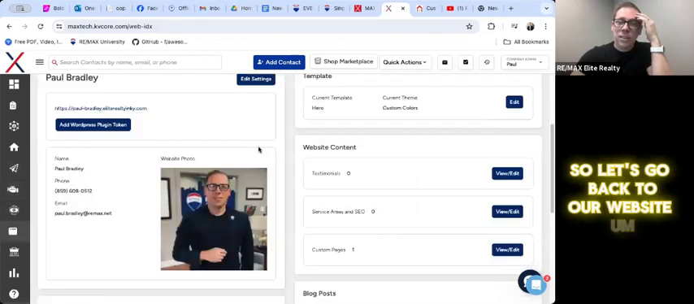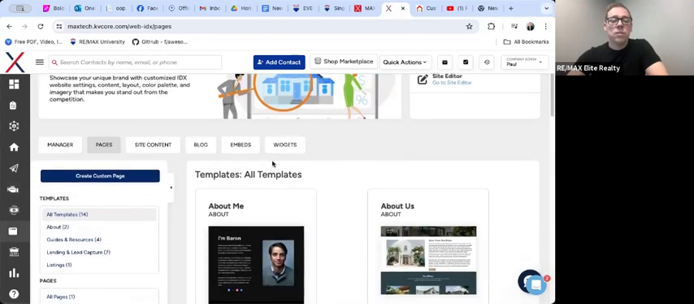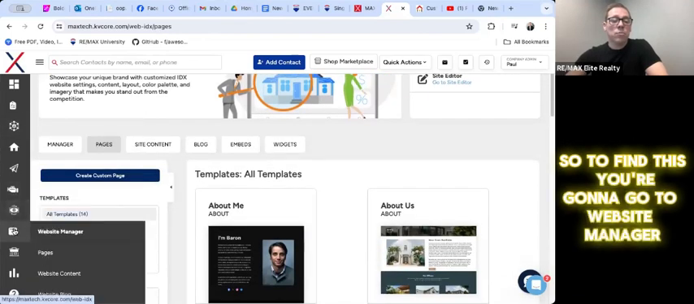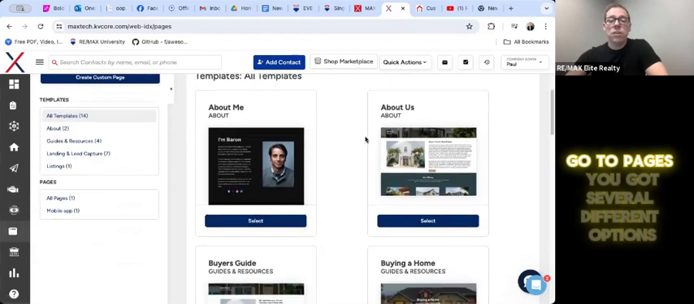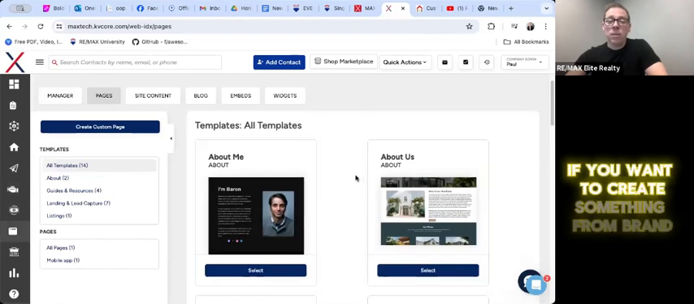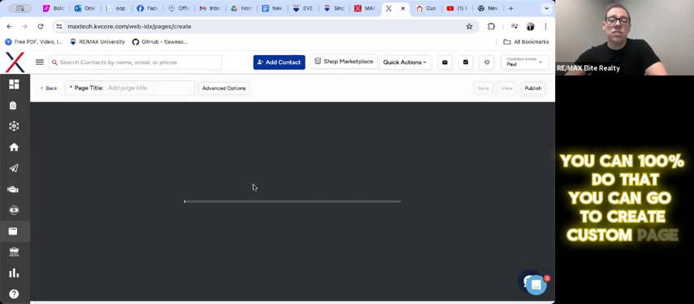So let's go back to our website. Go back to pages. To find this, you're going to go to Website Manager or just click Website. You'll pop up here, go to Pages, and you've got several different options. Now, if you don't like these, if you want to create something brand new, you can 100% do that. You can go to Create Custom Page,